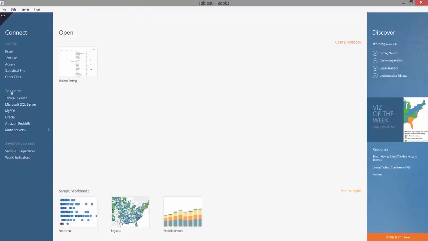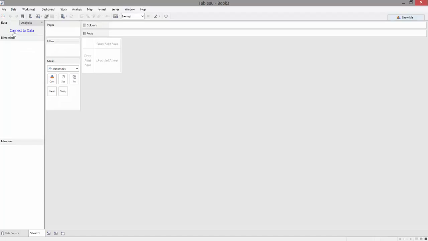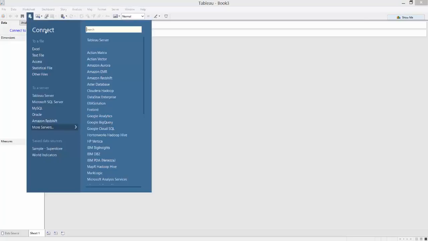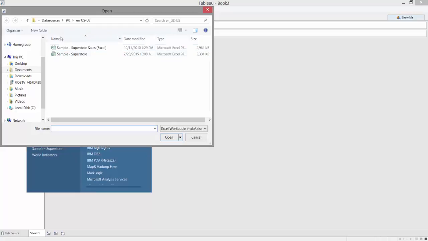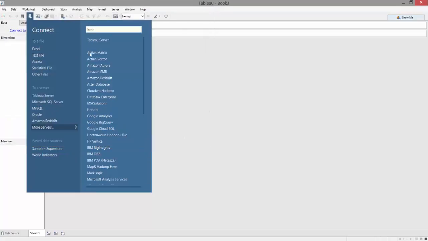Both places take me to the same position, and I can say I want to connect to an Excel sheet. Now I get a pop-up window, and I can navigate to where my needed Excel sheet is located. In this case, this is the sample database provided by Tableau, and I will be using it in most of the demos. So I click here,